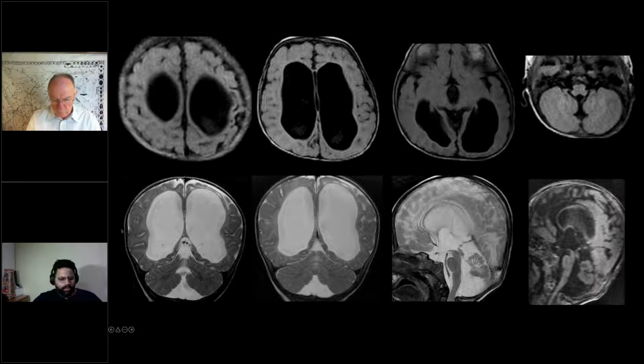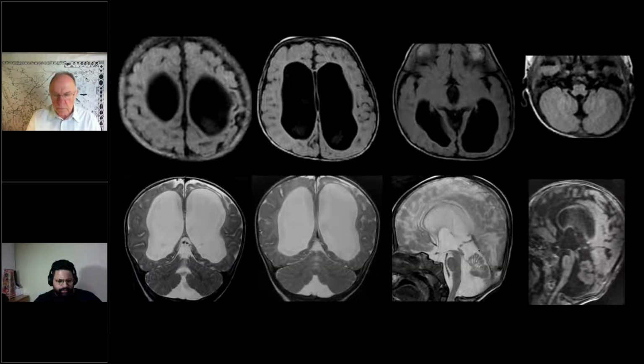The posterior fossa cerebellum is normal, at least on the axials, but you can see on the coronals there is a hypoplastic appearance of the cerebellum, and the vermis is demonstrating some areas of atrophy and some T2 hyperintense signal changes. Though these are not dedicated images, I can appreciate some areas of stenosis in the mid-aqueductal region. The corpus callosum is demonstrating secondary changes of the ventriculomegaly. I cannot appreciate any cortical malformations. Again, in the coronal images, you can appreciate the gliotic changes or the encephalomalacic changes of the cortex, but no cortical malformations, no cerebellar cysts,